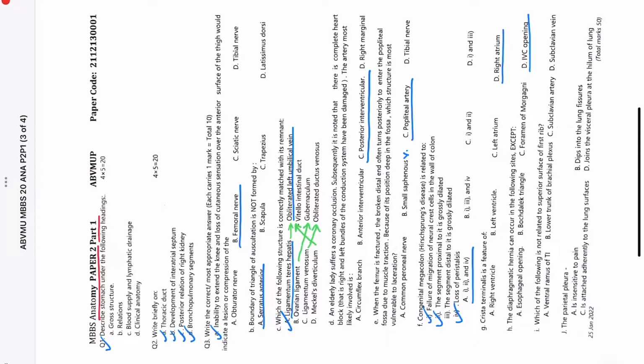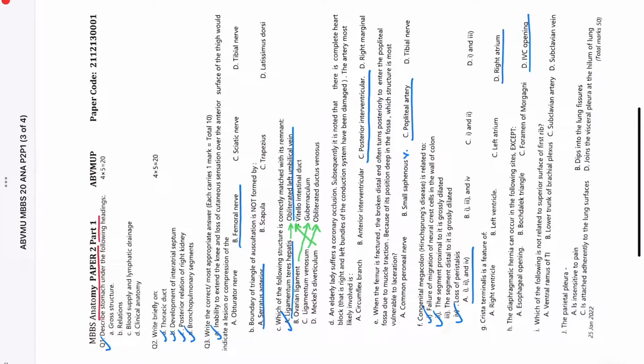And the reason is you have 8 cervical nerves and 7 cervical vertebrae. So the 8th cervical nerve emerges below C7 and above T1. That means through the intervertebral foramen between C7 and T1 vertebrae. So now we are talking about choice A, that is the ventral ramus of T1. As soon as the spinal nerve of T1, which is actually a content of the superior mediastinum, emerges below the T1 vertebra, between T1 and T2,